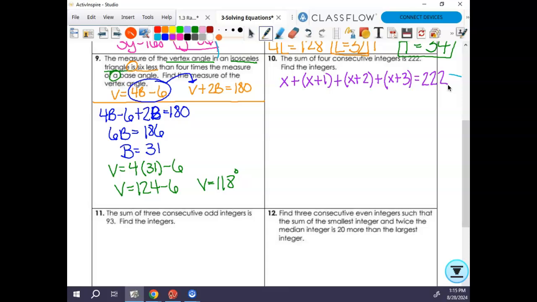All right, so then let's solve this real quick. We got 1, 2, 3, 4 x's. So 4x plus, let's see, 6 equals 222. So then I get 4x